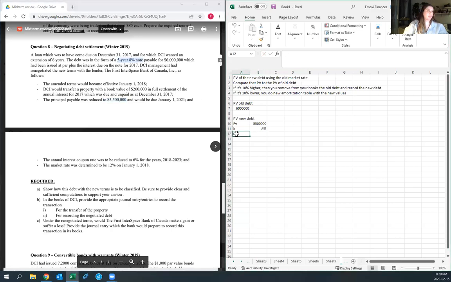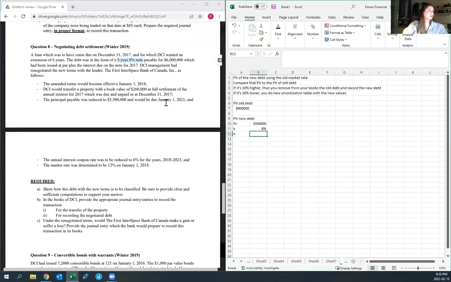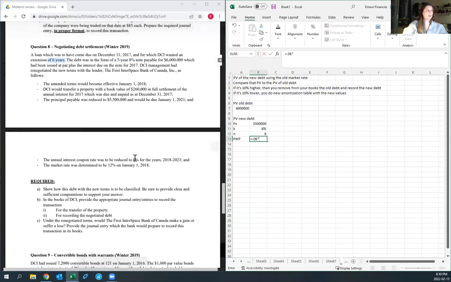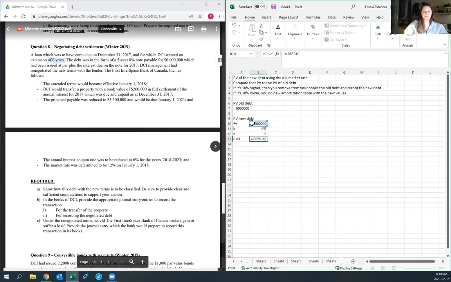The number of periods is 6 years. I think it should be 2023, because I retyped them here, but it's 6 years. For the payment amount, you're going to use the new coupon rate of 6% times the new future value. So it's 330,000. And we can finally find the PV of the new debt, which is